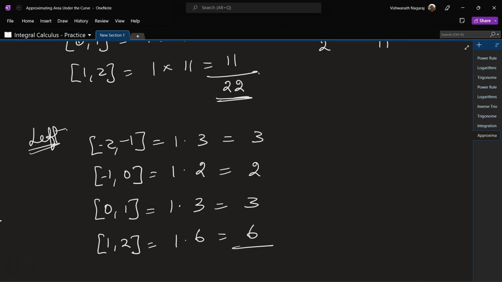And this will give us 6 plus 3, 9, plus 2, 11, plus 3, 14. So as you can see, a very wide discrepancy between these two